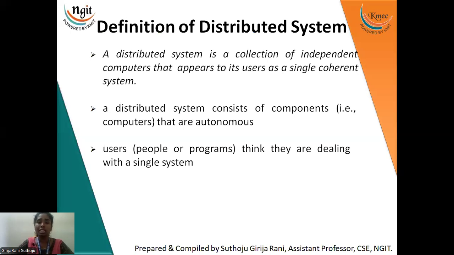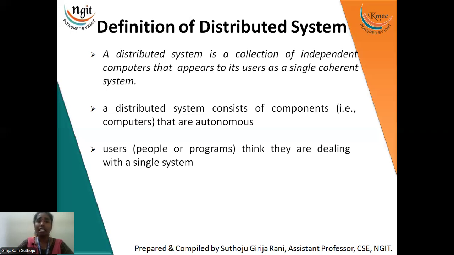The n number of systems are computing in the background, but the user will view it as, I am communicating only with my system, right? So this is the top level view given to the user: one system only, but in the background, there are n number of systems working to complete that particular task,